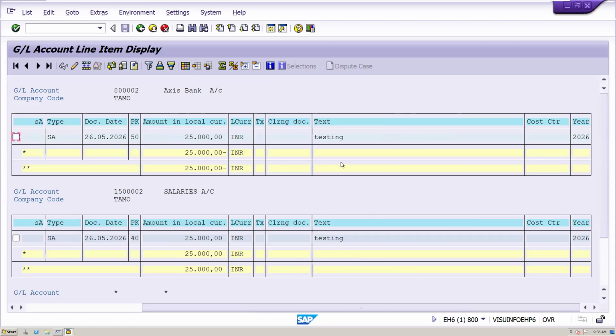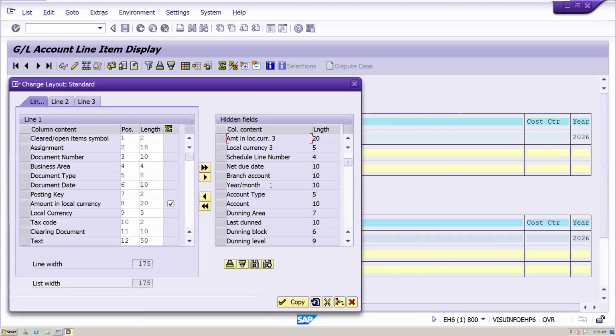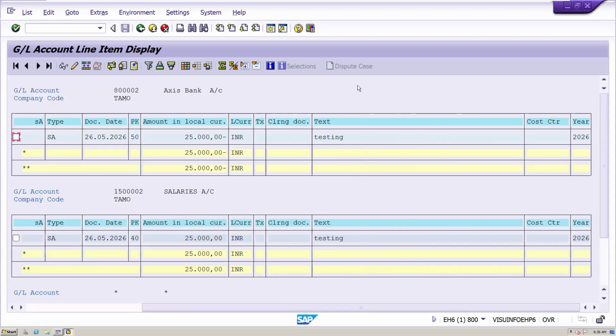Accordingly we can select, but in real time, whatever standard fields SAP provides, these fields also are not suitable as per the business requirement. In this case, they go for customization. It means some additional fields are also added in the same kind of reports. That also we will cover going forward. That is real-time scenarios configuration.